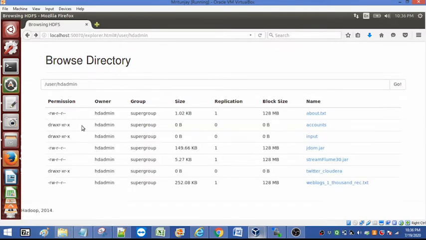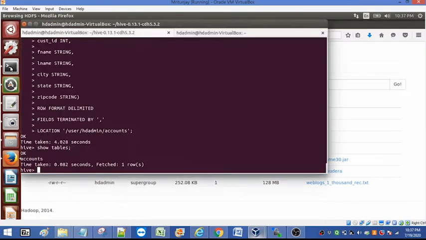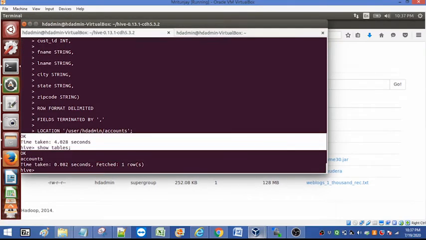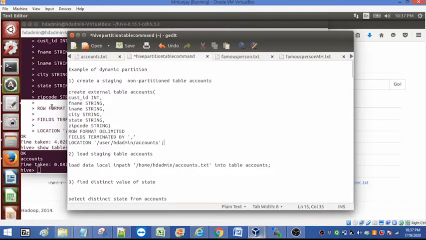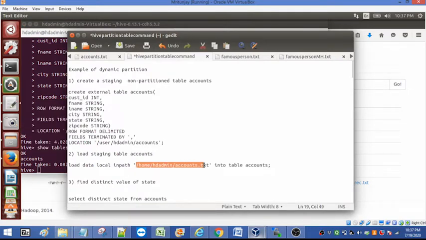Go to the Hive prompt. Now we will load it. I have a file in home SDAdmin accounts.txt. First we will see this file.